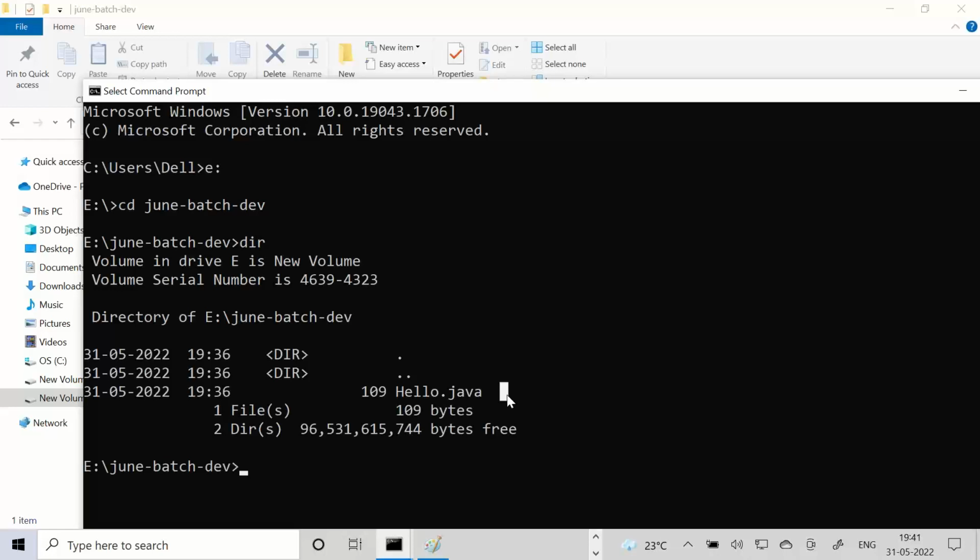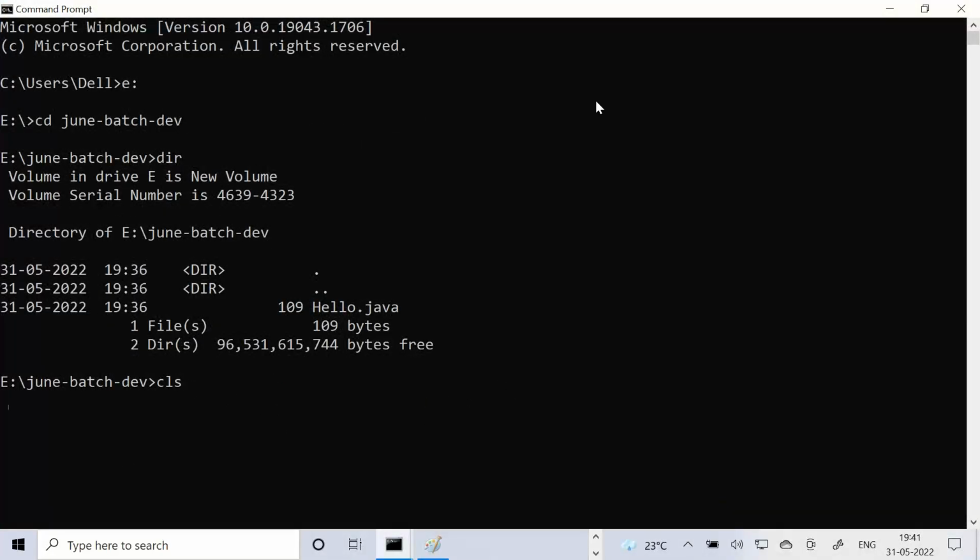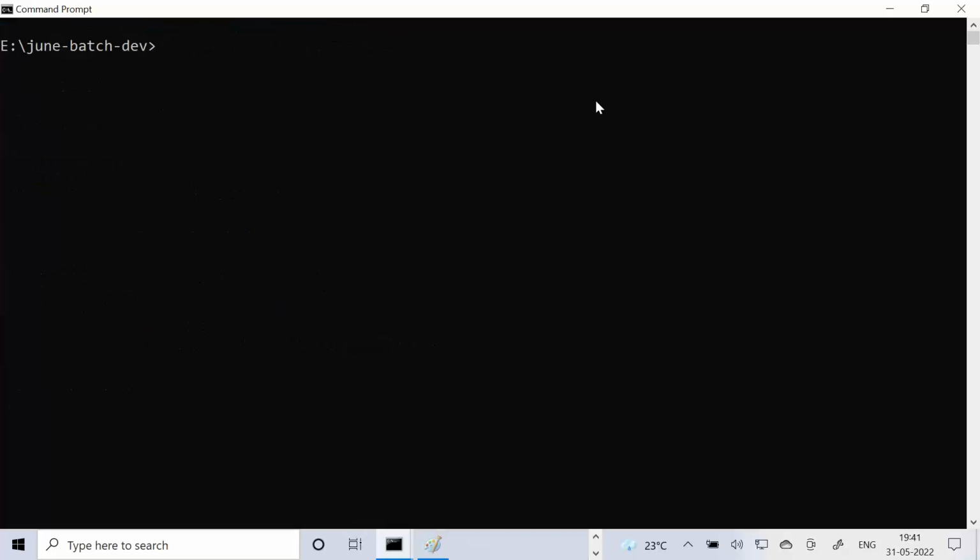So, trigger the javac command. First, I am clearing the screen with cls. Trigger javac, space, name of the file: hello.java.